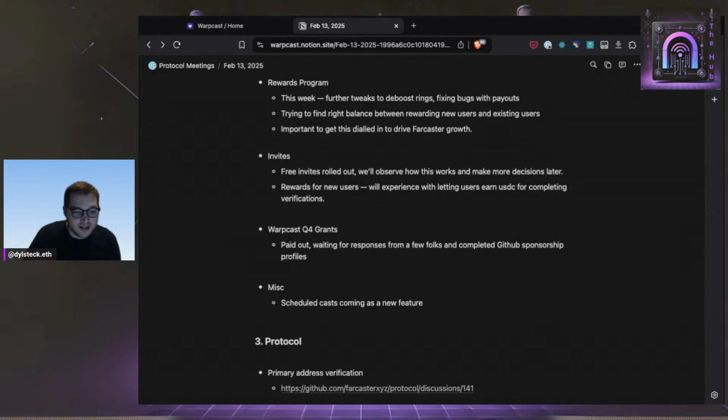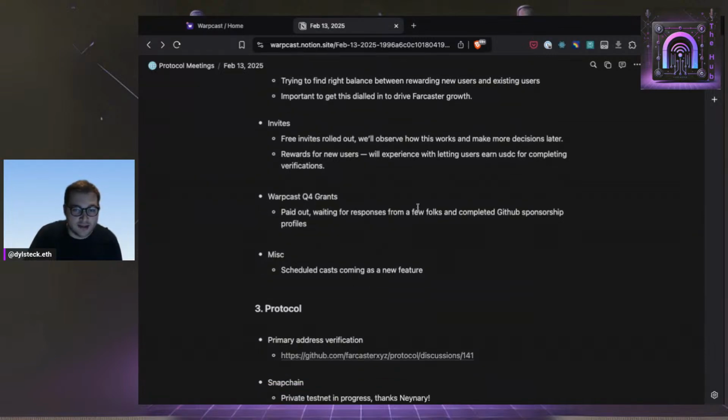With invites, free invites are rolled out. A lot of folks, maybe everyone, got 3 more free invites. It seems like that's going to be easier to do as sign up costs get cheaper, with more rewards for new users. I think now there's a more compelling case as the wallet comes on where you can not even know anything about crypto, start posting on Farcaster and earn money without knowing any of it.